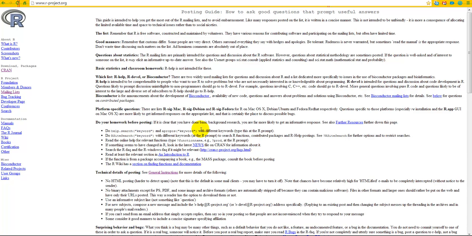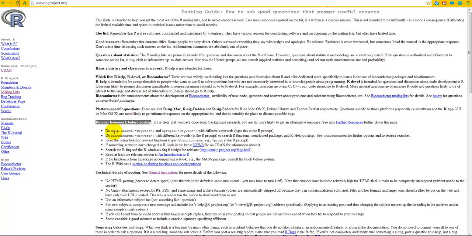So basically, you should read this, and one thing you want to do if you're going to ask a question to the mailing list is make your question clear. It's good to also mention the operating system that you're using. And most of all, this is important, I think: do your homework before posting, which means check to see,